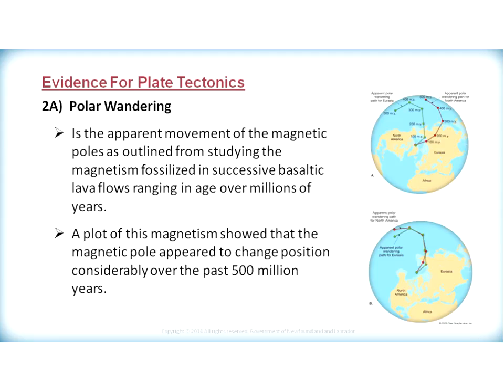When we look at paleomagnetism, one aspect of paleomagnetism is called polar wandering. Polar wandering is the apparent movement of the magnetic poles as outlined from studying the magnetism fossilized in successive basaltic lava flows ranging in age over millions of years. A plot of this magnetism showed that the magnetic poles appear to change position considerably over the past 500 million